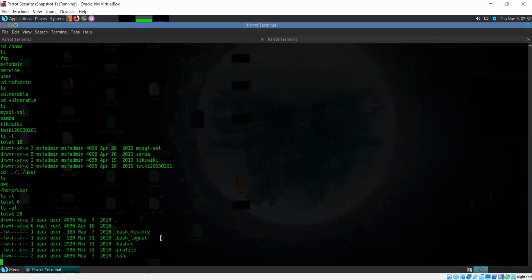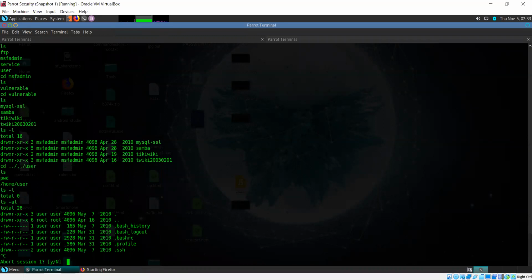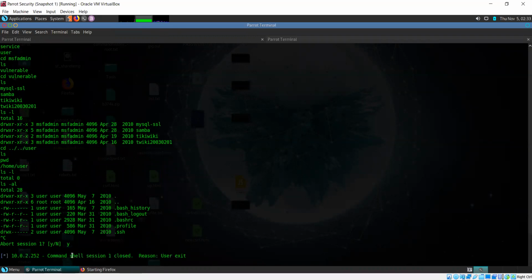But you can exploit this vulnerability without using Metasploit as well. There is a way to do that without using Metasploit. Sorry, not Metasploitable, without using Metasploit. Metasploit is the tool, Metasploitable is the machine. Have to remember that. Now, I'm just going to close this session for now because there's nothing for me to do here.